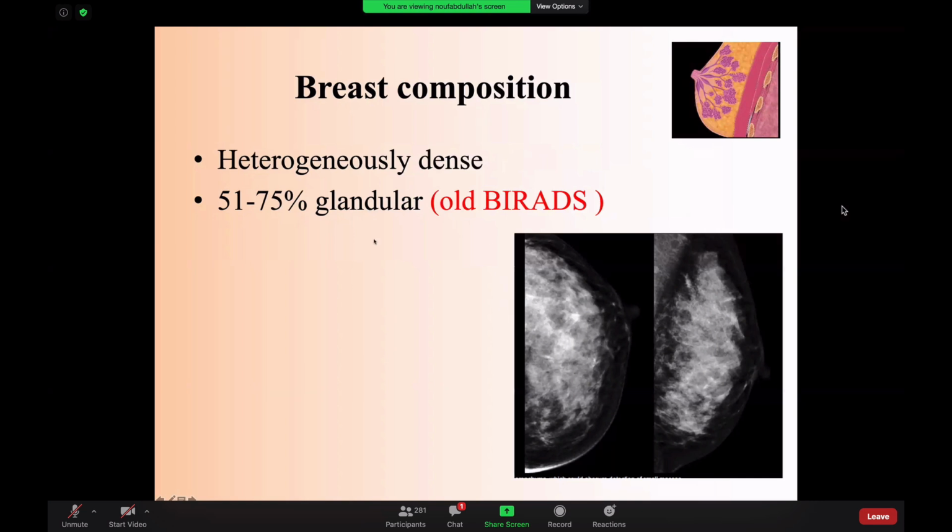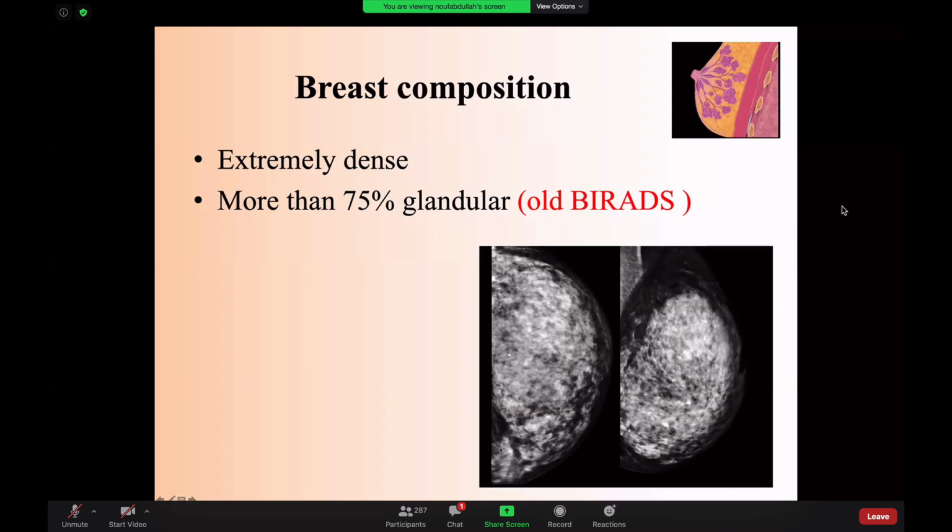The third type is heterogeneous dense breast, when you have 51 to 75% glandular tissue, as you are looking here. And once we started to look at ACR type C or D, I know that the sensitivity of mammogram is really going down. And at that point, when I see this kind of breast, I know that probably you might need to do compression view, you might probably need to do tomosynthesis, and definitely you will need to do an ultrasound to be sure that you're not missing masses. The last and the fourth type is extremely dense breast, when all the breast density is very white.